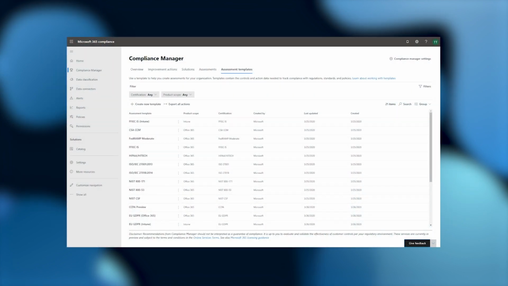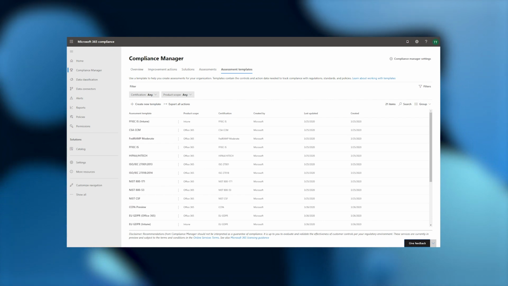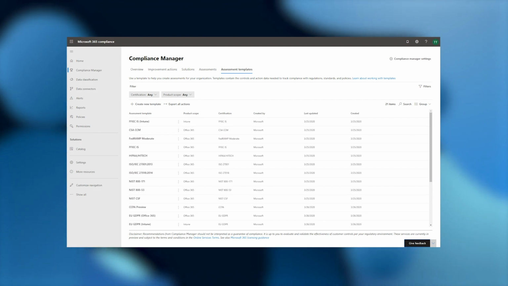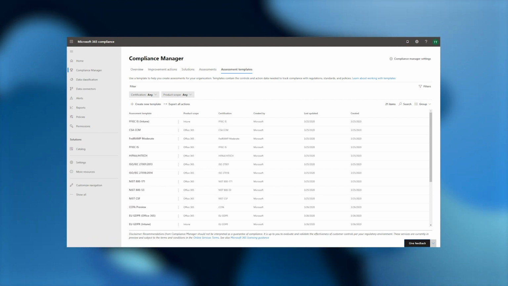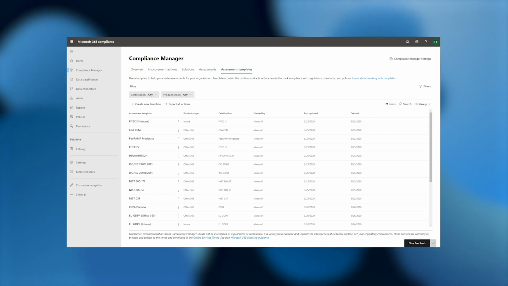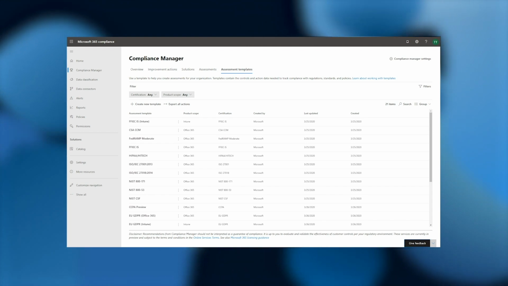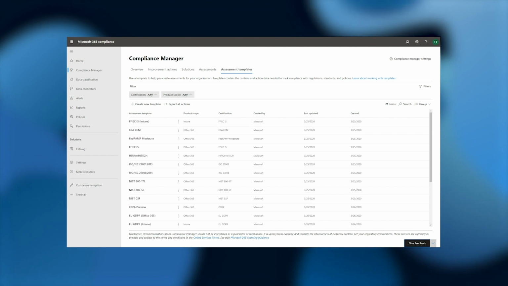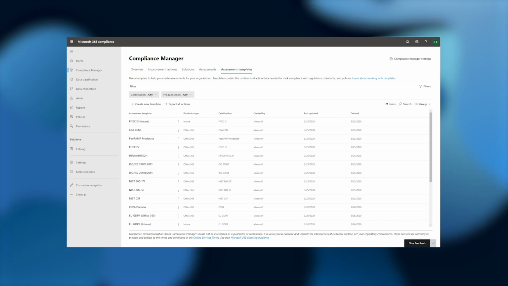For example, if you want to evaluate yourself against SOC 1 for Microsoft 365, the SOC 1 assessment template in Compliance Manager shows you the control framework for that standard, gives you a detailed view of how Microsoft implemented and tested actions that are part of its responsibility as cloud service provider, and provides step-by-step guidance on how to improve your compliance by taking actions to implement controls that are your responsibility as per the SOC 1 standard. If that's all you need, it's very simple and straightforward to create the assessment and complete your work.